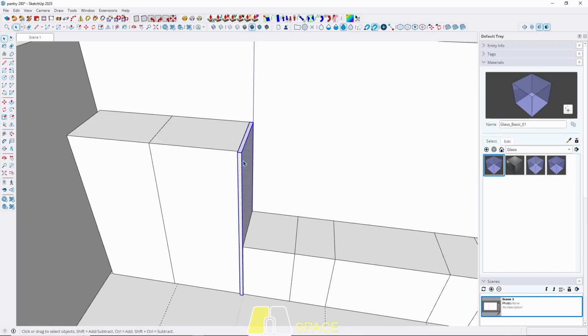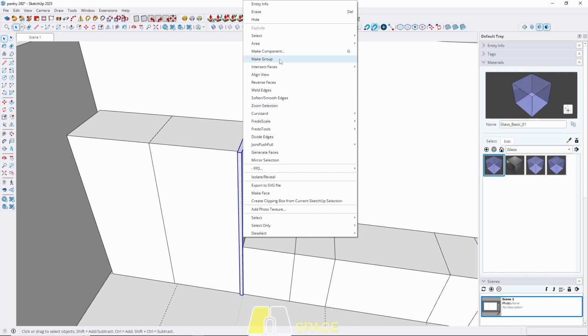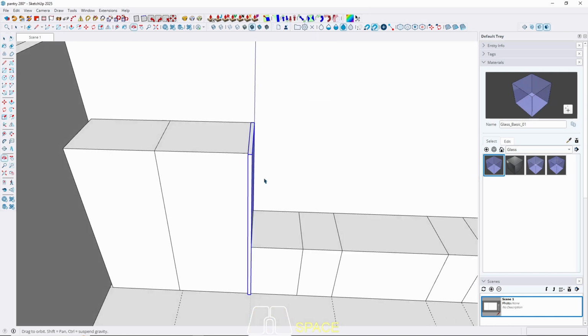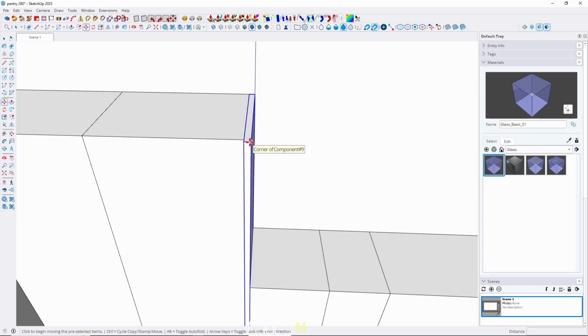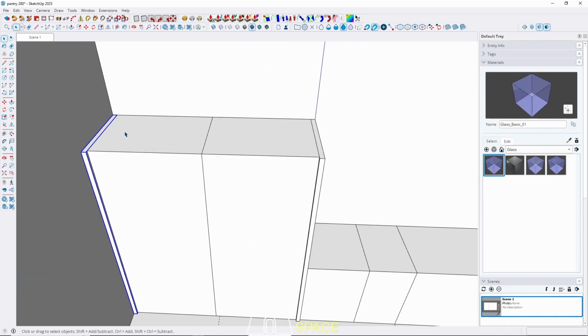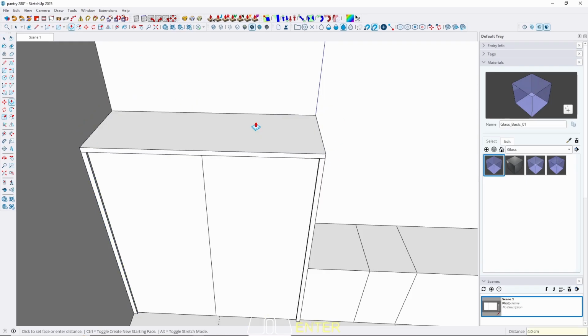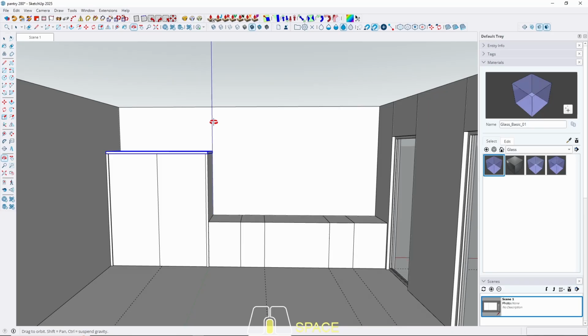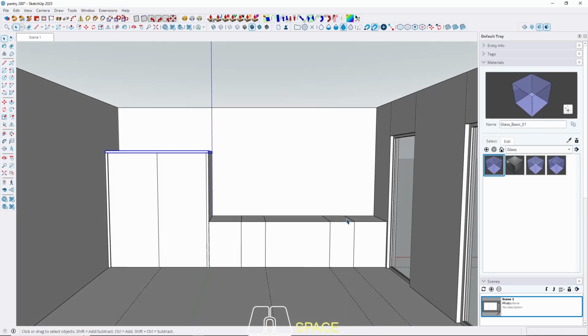Make it component, and then copy to the left hand side. Nice, make it group. Okay, we already have the mesh of a main pantry countertop,